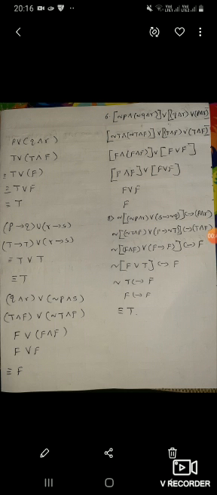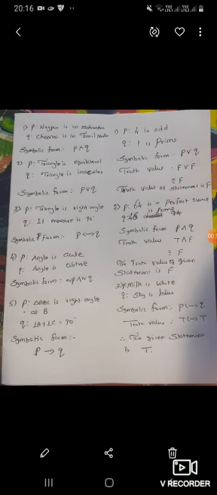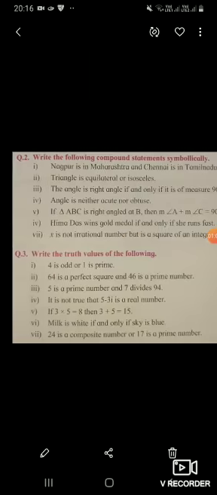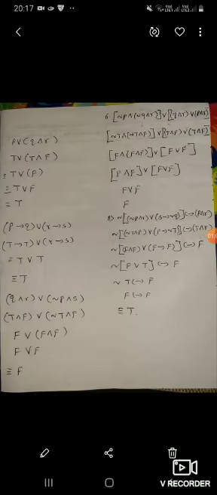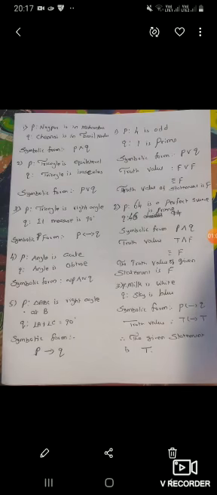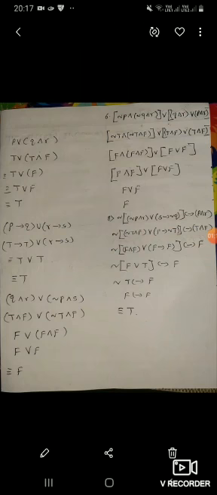Now, to write the truth value of the statement, we have seen some tables. So the biconditional table is this one, and the conditional table, and, or, and negation. These 5 tables we have discussed already. So in the sums, we have to define what is P, what is Q, and the symbolic form, we know the truth values also. Here, instead of the statement, directly the symbolic form is given.